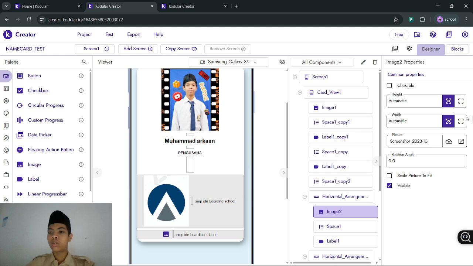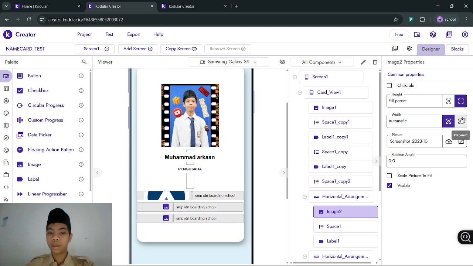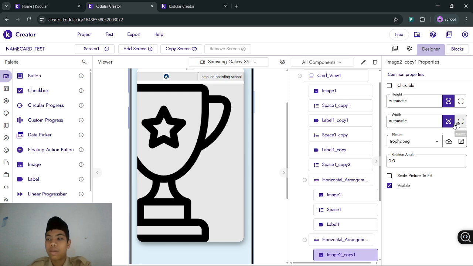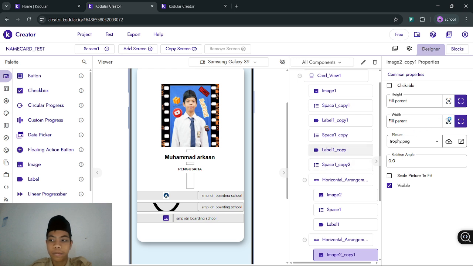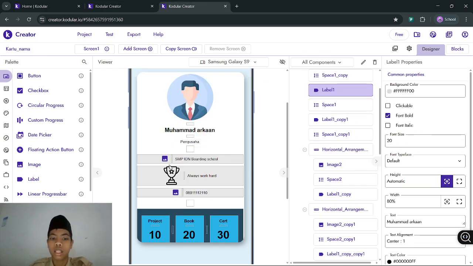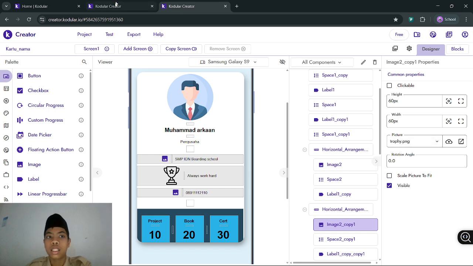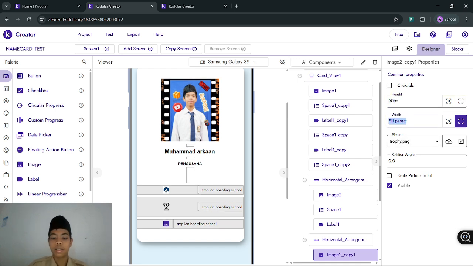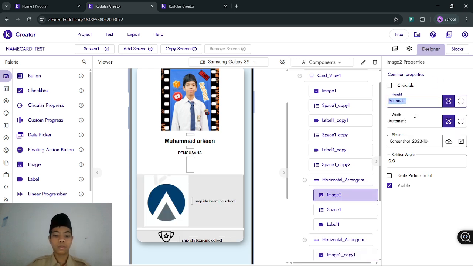This is too big, so make it fill parent. Yeah, it's okay, it's like this. And then the picture is the trophy one. Make it fill parent, and oh yeah, 60 pixel, and then 60 pixel like this. We try putting this one to 60 pixel too.